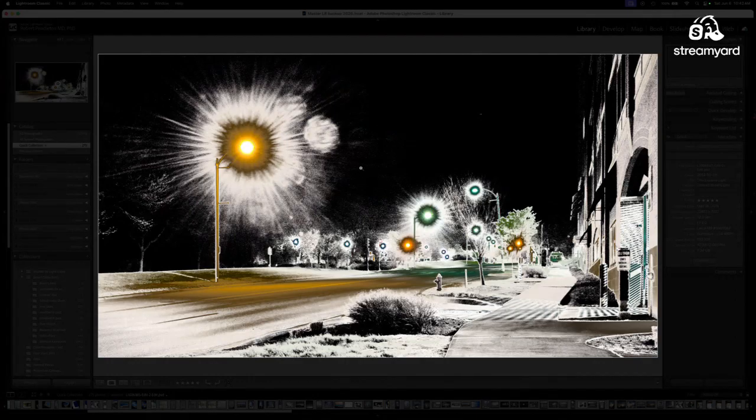Here's a long exposure done on the streets in Burlington, Vermont. And when I look for different light sources, these are different temperature lights. And you can see some of them came out yellow, some were green, some are blue. These are just enhancements of the natural colors in the light, as far as I can tell. And then I've done this contrast inversion for the background.